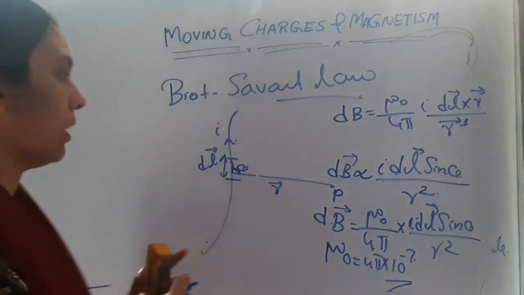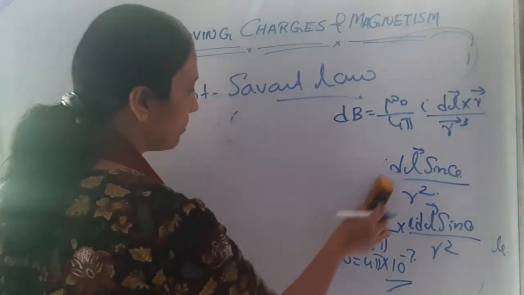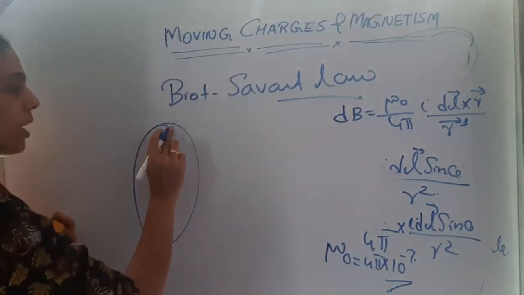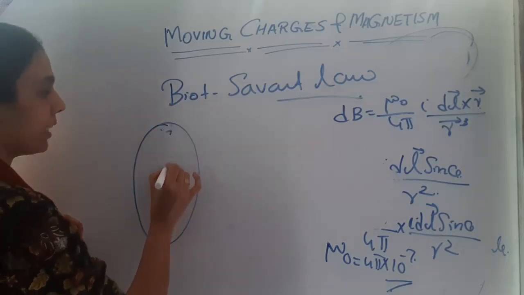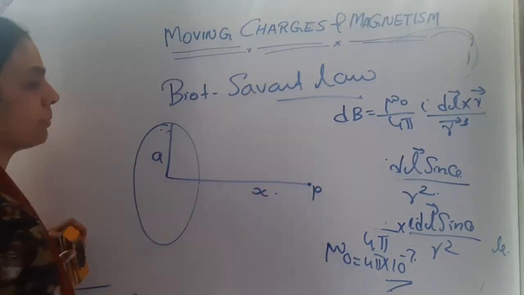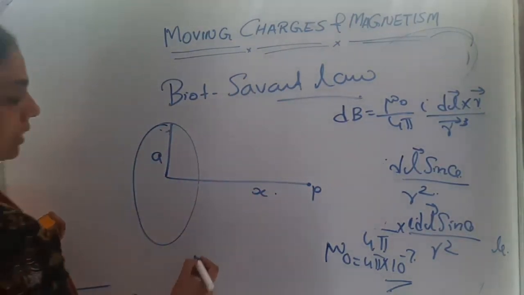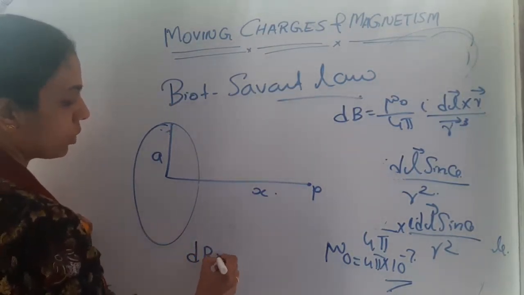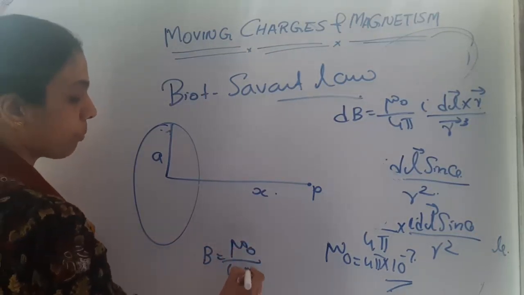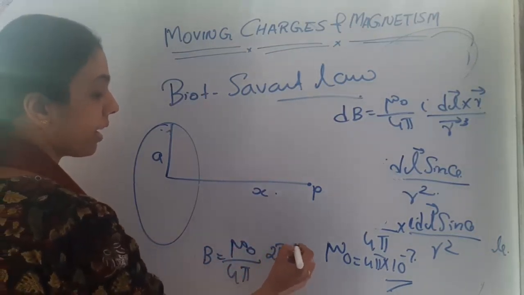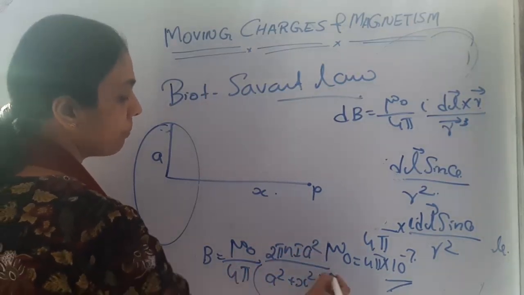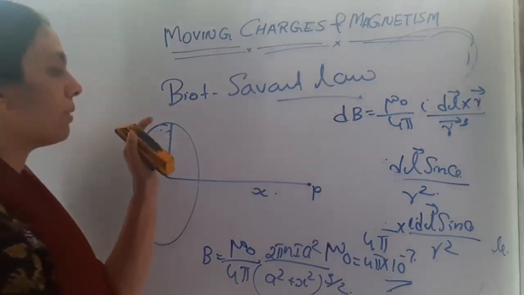So next we derived an equation for the magnetic field at a point due to a current carrying circular coil. There we considered a circular coil, and using this Biot-Savart law only we considered a circular coil having radius a, and a point P which is at a distance x. Then how can we find the magnetic field? The total magnetic field B will be equal to mu 0 by 4 pi into 2 pi Ni a square divided by a square plus x square the whole power 3 by 2. This was the formula which we got.